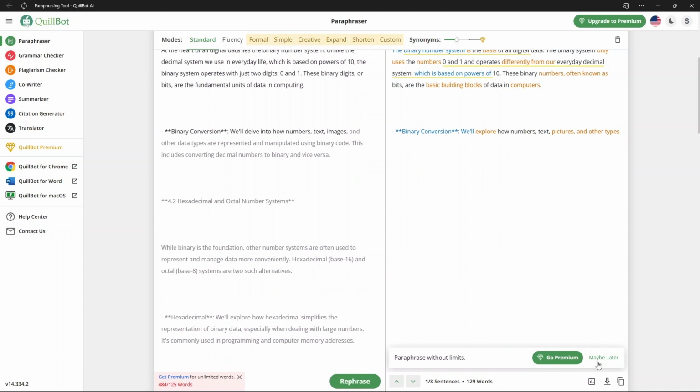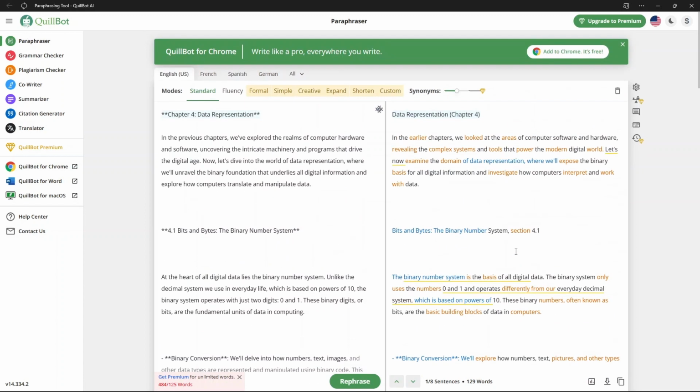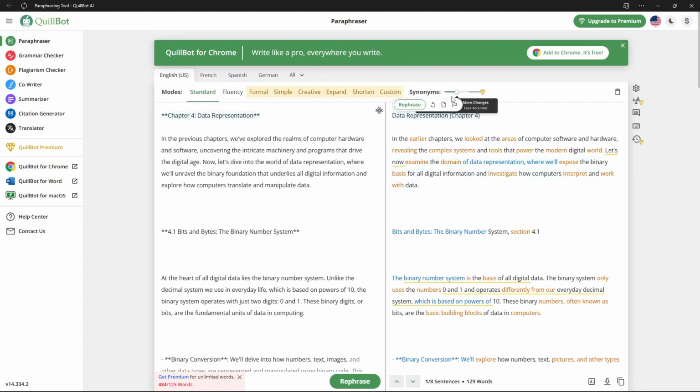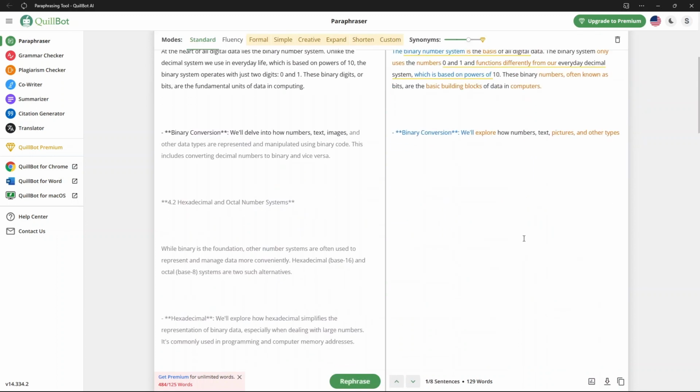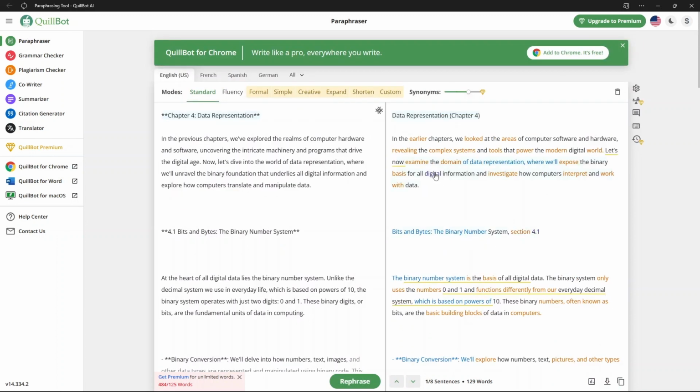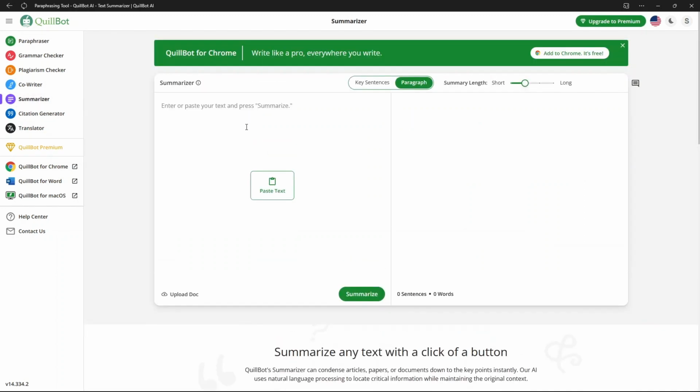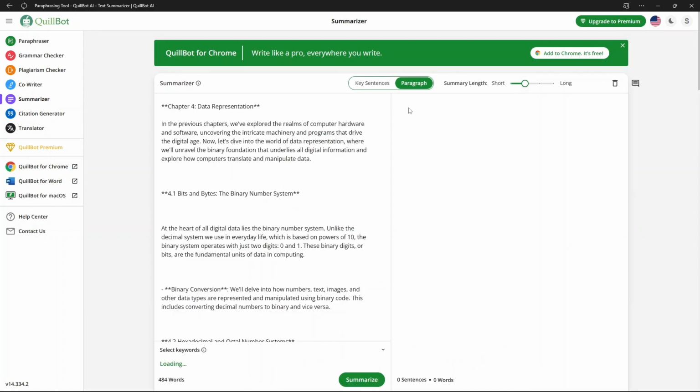You can go premium. I'm going to say later. So you can just paraphrase or rephrase it. It will give you the length of this book. But if you don't want to, you can also use different standards here. You want to use French, or you want to write your book in another language, that will be made available right here. You want to summarize it, you can also summarize it. Just paste what you have here. You can do a summary here